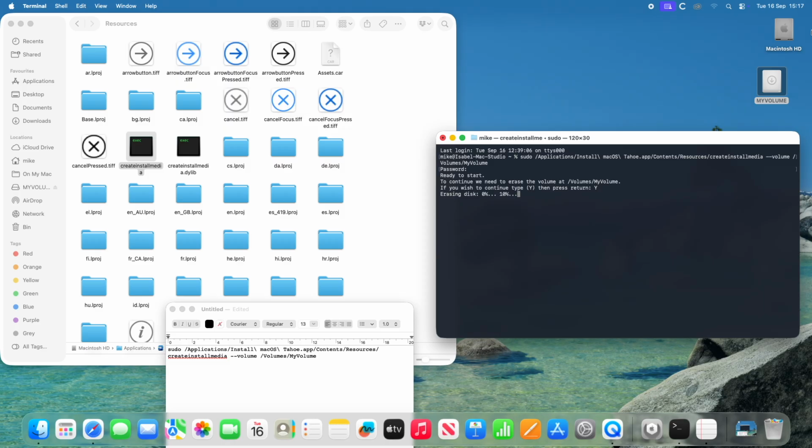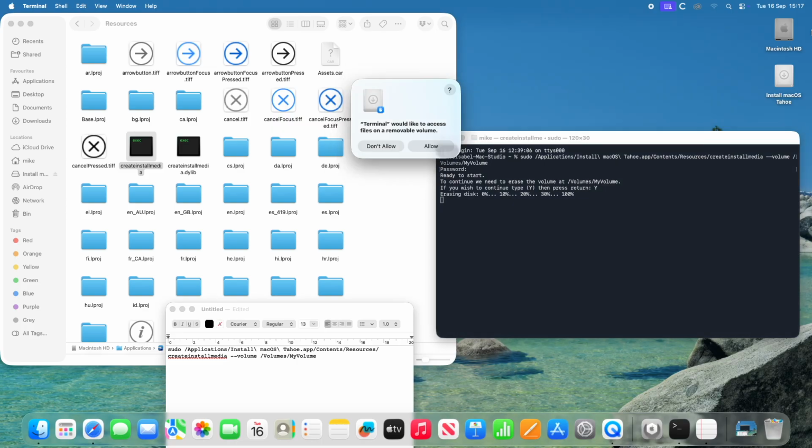It did take a significant amount of time to actually come up on the terminal command. I'm not really sure why. This is the first time I've used it. It's a Mac Studio that I'm using for this one, but I click yes, and then it goes away and starts creating the build package. It also prompted me for the terminal to have access to the USB drive, so I pressed to allow that